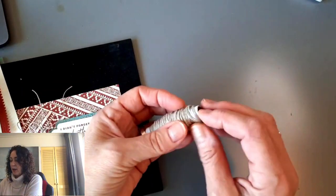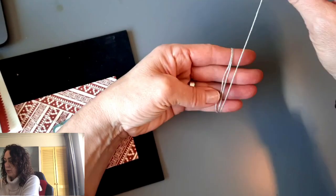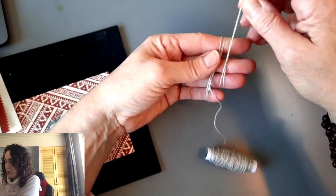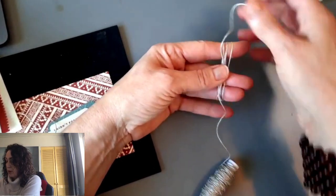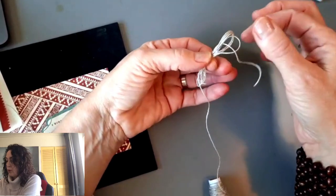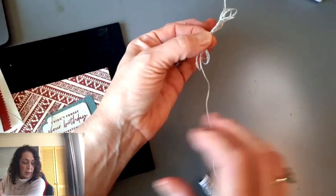So what I do is I go around my fingers, so around 4 fingers, and then around 3 fingers. Oops. Once more, like so. And I just want to pull it so that I've got there. So pull them out a little bit. And then I grab it, slide it off, hold it, twist, pull a little bit so that you get some going different, like a little bigger and smaller. Give it a little twist, and then I'm going to cut,